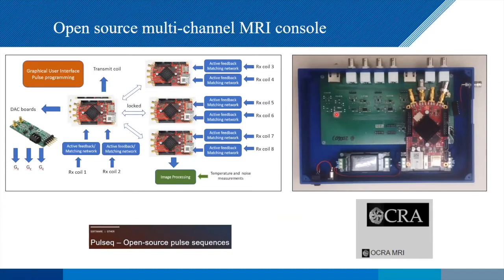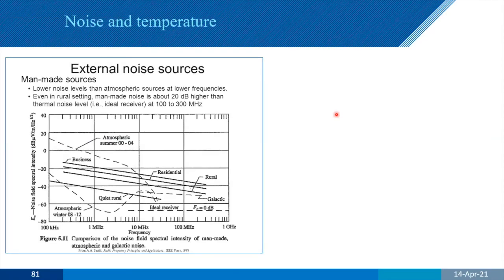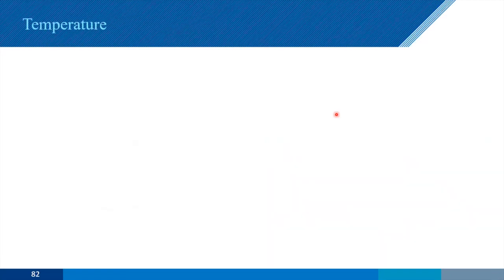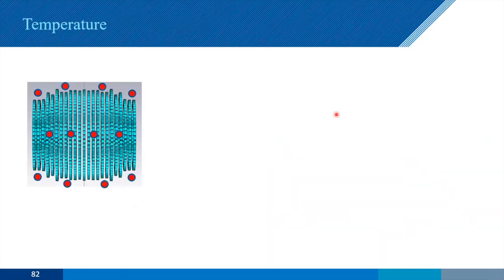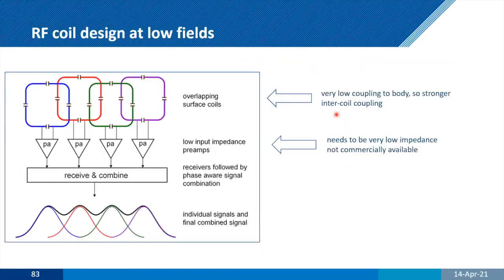Other things are working. Jason Stockman, of course, is one of the pioneers here with Thomas Witzel in terms of OCRA, and we're looking to try and integrate that into our setup. We also have to look at external noise sources. We have to look at changes in temperature. We know the temperature changes. At the moment, we assume it's linear, in other words, that it's homogeneous everywhere within the magnet. That probably isn't true. So we'll be looking at temperature sensors and then how to reconstruct those. One simple example is to put in 16 and then do a third order spherical harmonic distribution correction.